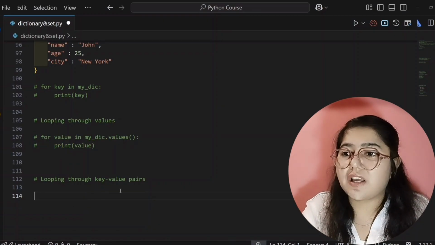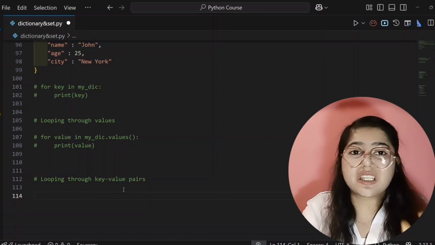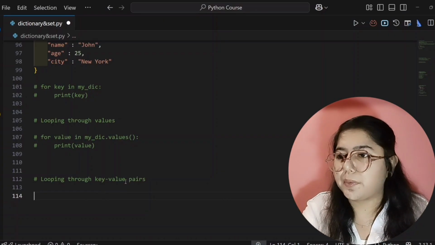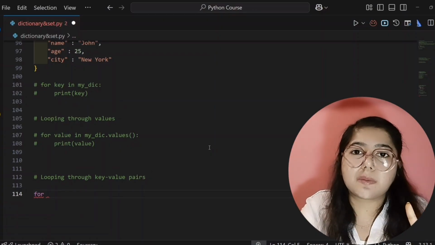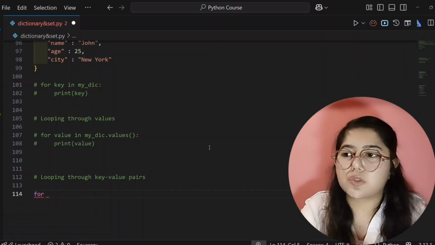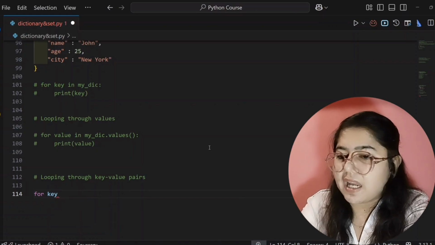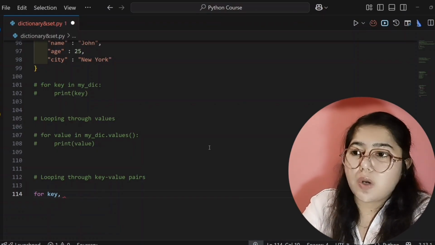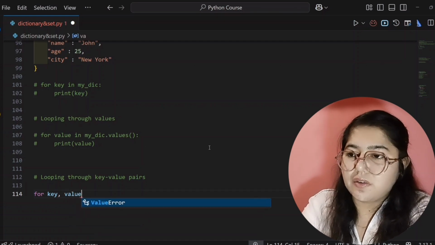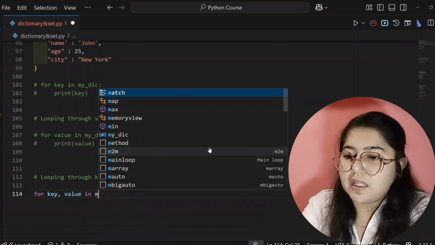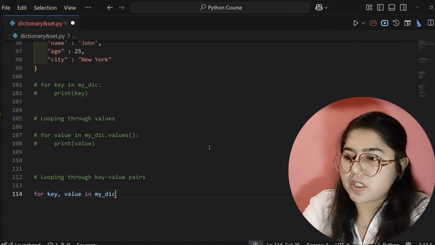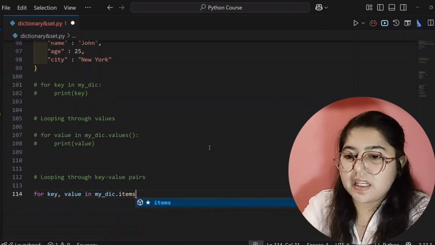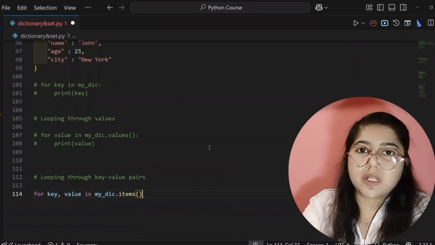So looping through key value pairs means now we have to loop through the key also and the key value also. So for that, we have to create two variables, one for the key and one for the value. So I'm giving its name key and comma. When you have to create two variables for the iteration, you have to write comma and then the second variable, value, in, then my dictionary, the dictionary name, and dot items. I'm writing here dot items, meaning how many items are there in our dictionary, total items. Okay,